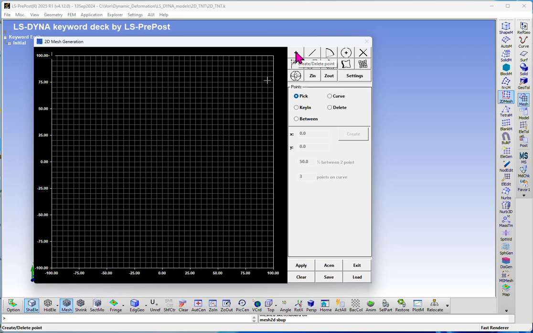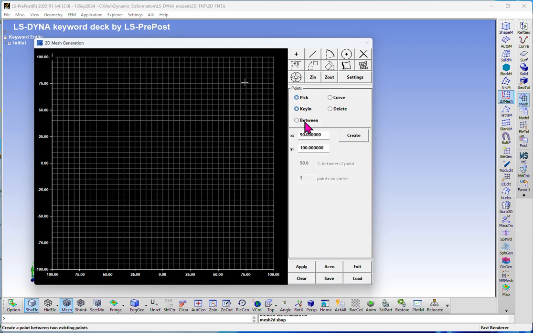If you end up having geometry here, if you remember, I started from a window that was blank, so there's no geometry. Maybe you don't start from that. You start from your prior model. Just hit clear a few times. And so that'll get rid of all the prior geometry and all the prior points. So once again, let me hit the points. I'm going to key them in, and I want a point at 0, 0,